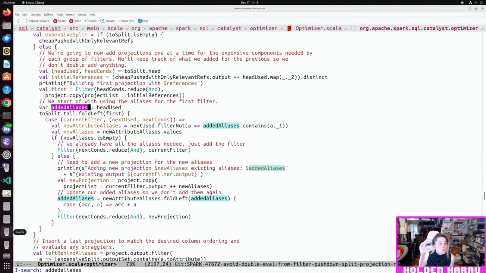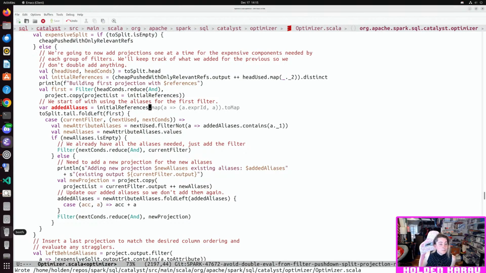Added aliases. I don't like this. Okay. Needs more love. We'll give it some more thinking